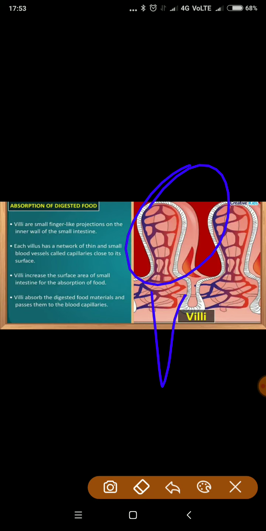अब ये villi क्या करते हैं? What is the function of these villi? Why are these finger-like projections present in the small intestine? To increase the surface area for absorption of food. जितना ज़्यादा surface area होगा, see,